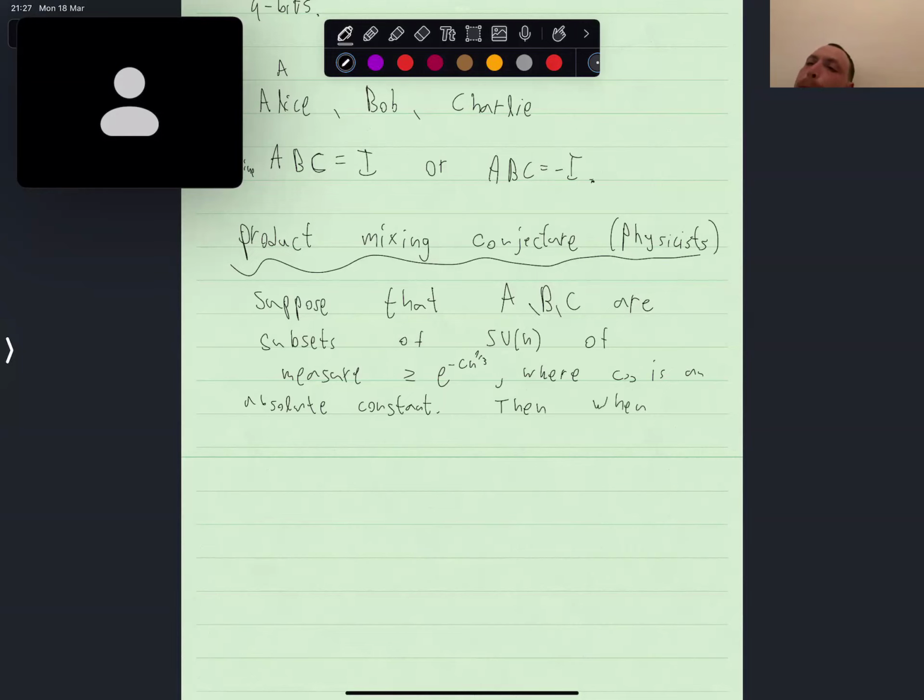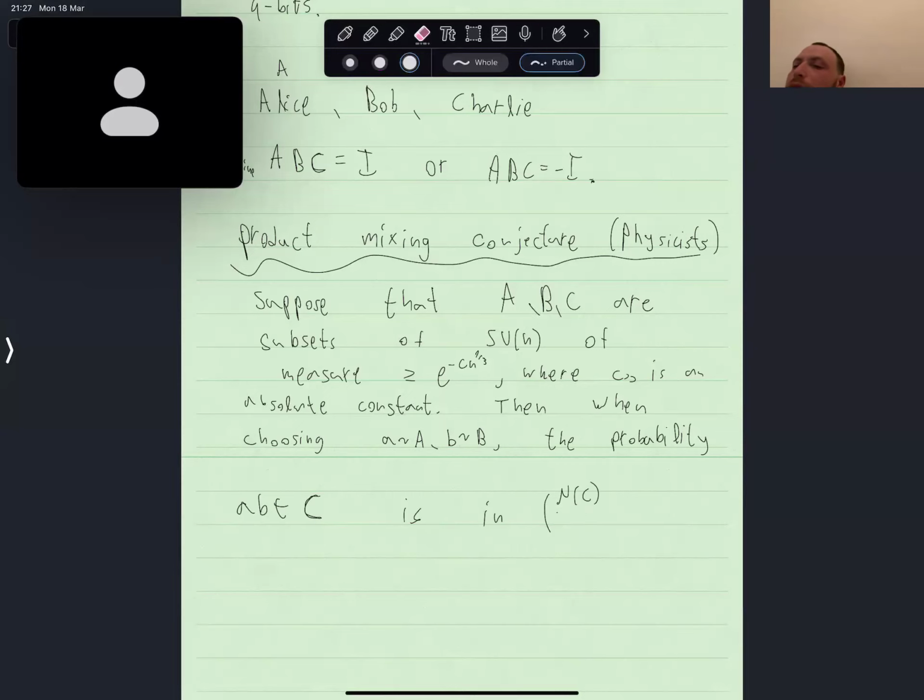Then when choosing A randomly out of A and B randomly out of B, the probability that AB is in C is in the interval mu of C times 0.99 to mu of C times 1.1. Okay, so